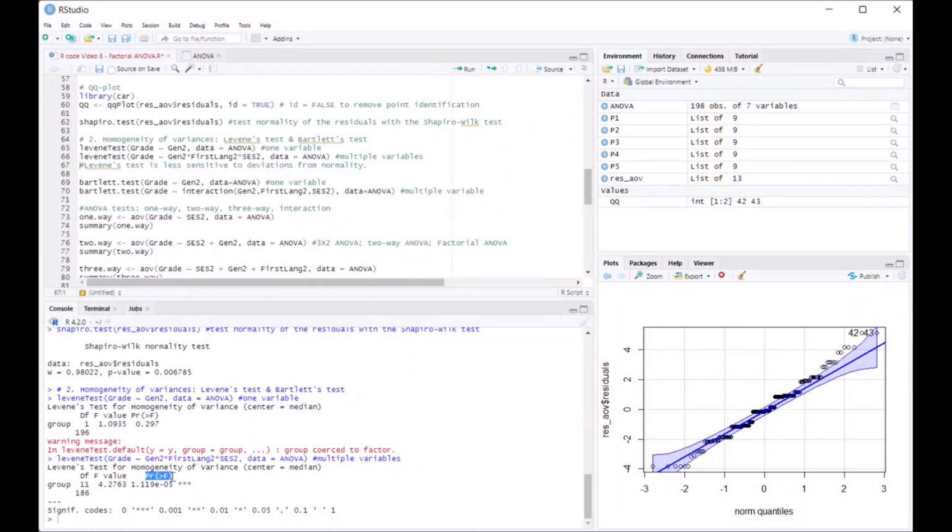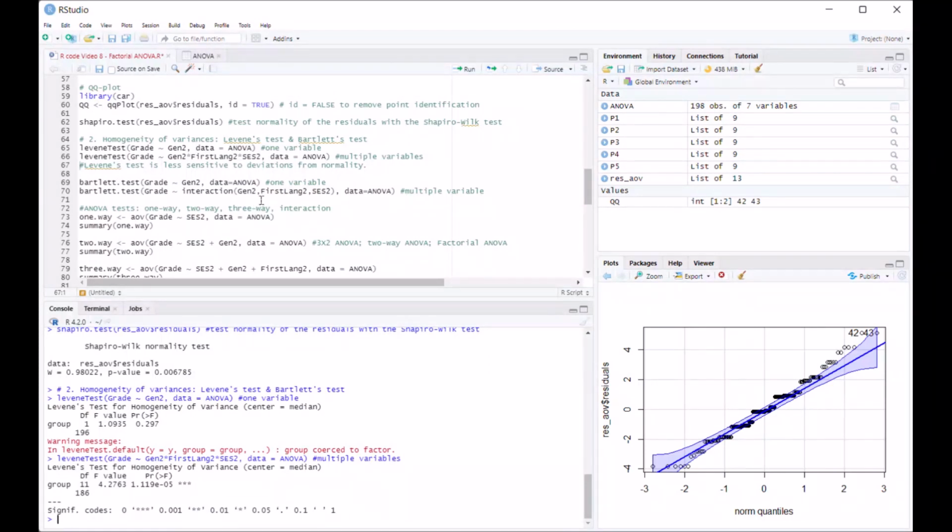The probability, or the Pr, or the p-value is extremely small. It has been indicated by 3 asterisks, and this is the scientific notation of it. It's really small, almost 0. It's very close to 0, as you see by this notation at the bottom. So this indicates that there is some violation of the homogeneity of variances,